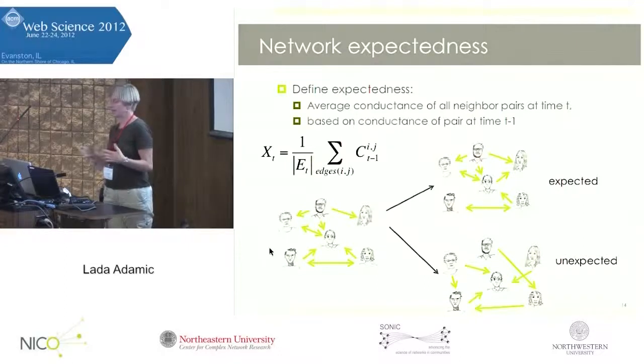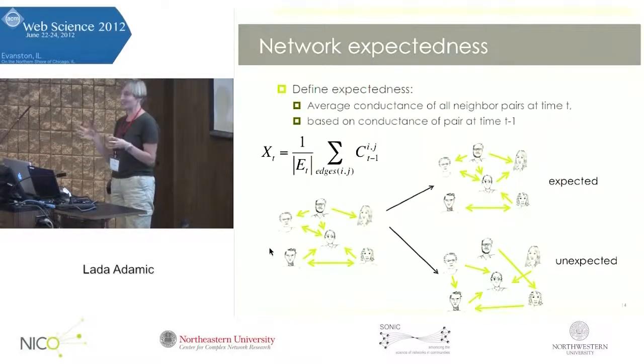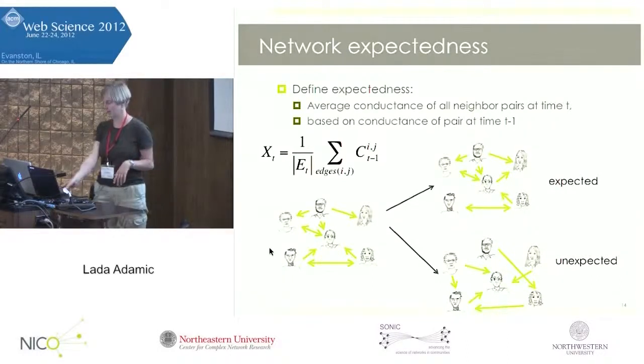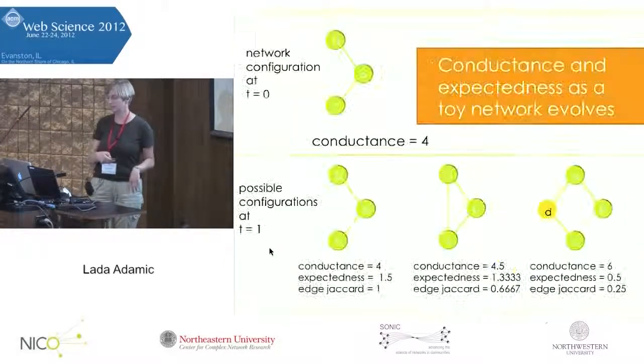But this misses the fact that a lot of the ways in which networks evolve are things like triadic closure. So if A talks to B and B talks to C, then you would expect that maybe A starts talking to C. And this is exactly what our conductance measure actually captures. So if in the previous time segment there was high conductance between A and C, we're less surprised to see A and C start to talk. And so here, I'm not sure if you can see, but going from this network to this network, we have triadic closure, and most of the edges are the same. And so this is an expected configuration versus if it gets completely reshuffled, then it's unexpected. So we have this expectedness measure as well.